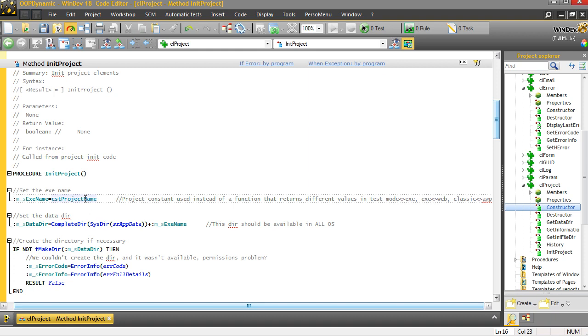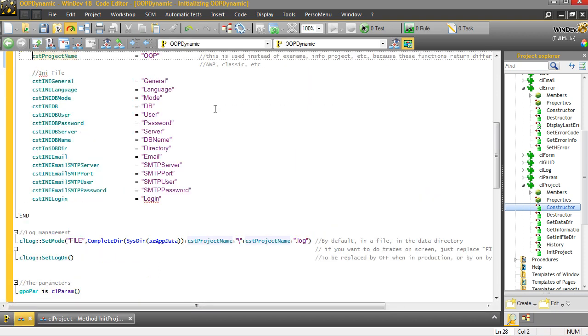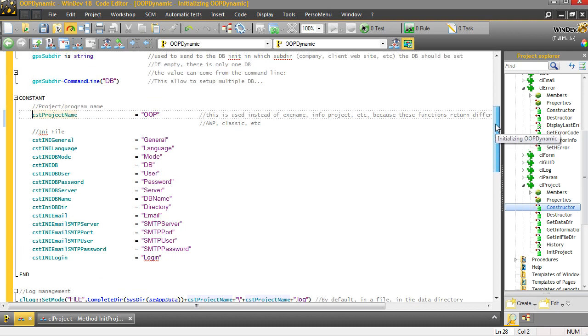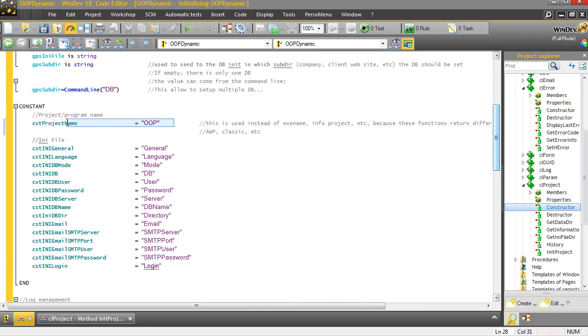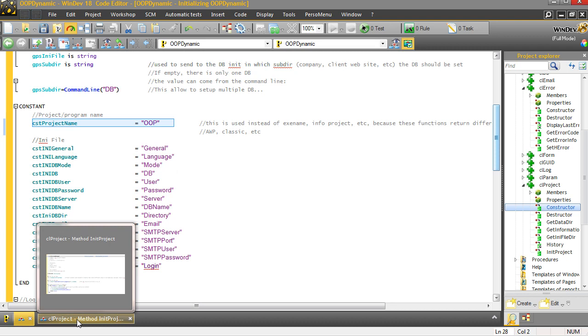Because when I put this class inside a project, I want to make sure that I will not forget in the project initialization code to set my project name to the value that I want in this project. And for that, just copy the class in another project, and now I have a compiling error saying that